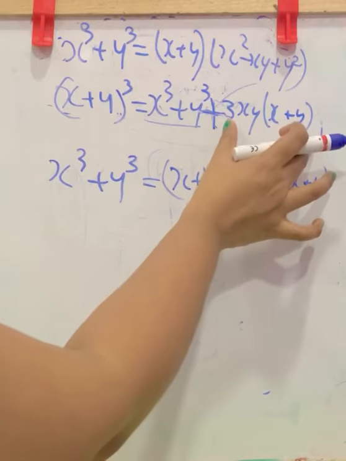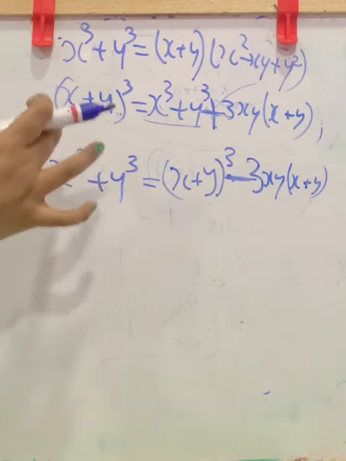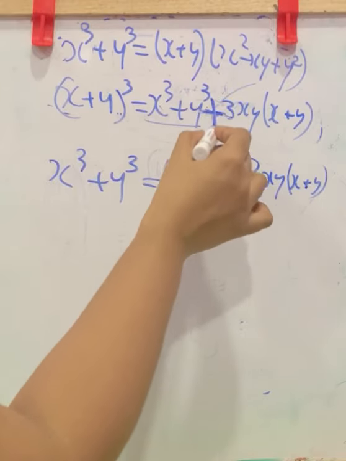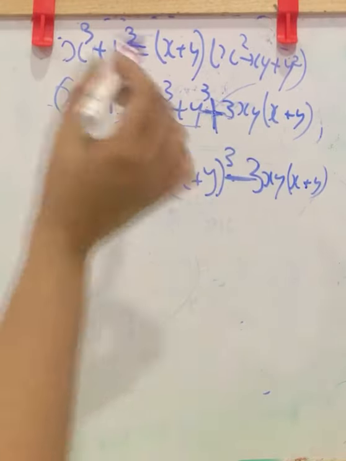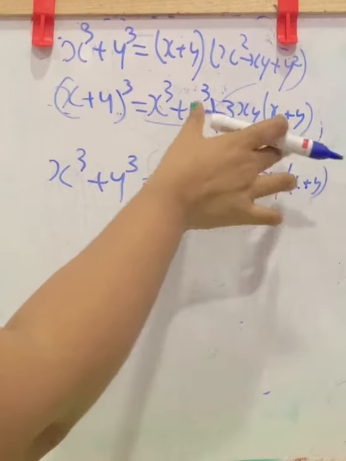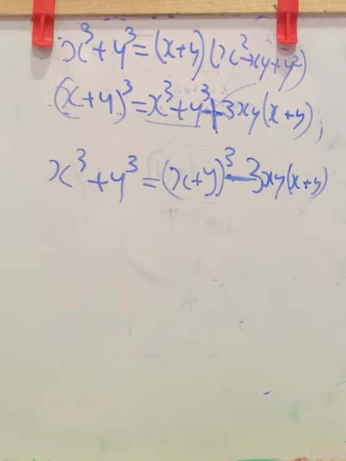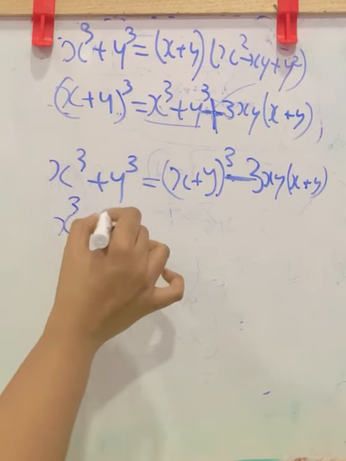This is a whole term. That is why I am taking it whole to the other part. For that you want to change only this sign. This plus becomes minus here while you are taking this to this part, that is along with x plus y whole cube. Here we have x cube plus y cube.